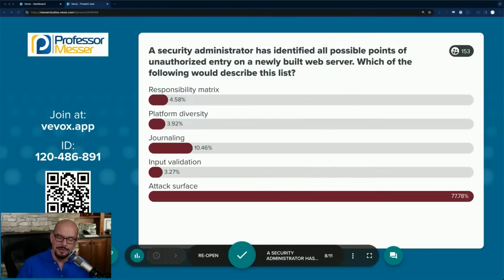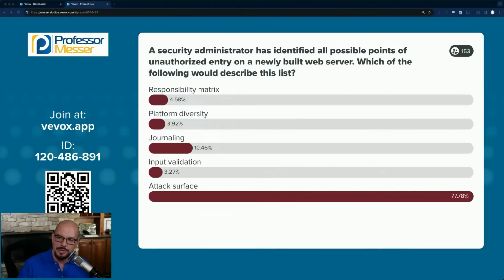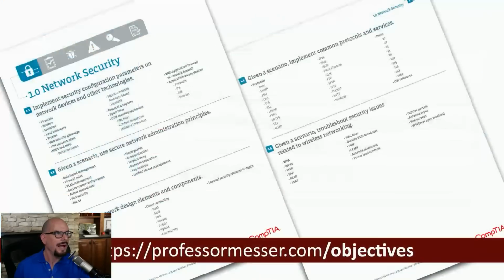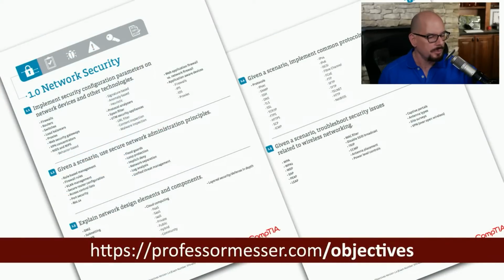This would be a pretty good idea of where you might want to go and think about what different options might be available. In fact, this question's a really good one with responsibility matrix, platform diversity, journaling, and attack surface are all topics that are new on the 701 exam. Well, how do you know where these topics come from? Well, they are pulled directly from the exam objectives. CompTIA tells you everything you need to know for the exam objectives. This is where you want to go, is your